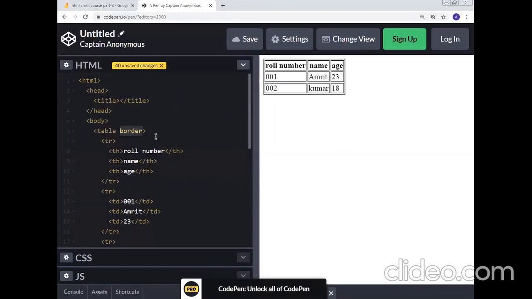You will learn what a Boolean attribute is in the next video. But this actually is a true or false attribute, and if we just give it, it will become true, and it will give a default border. If false, it will not give any border. That is default. When we don't type it, it is false. When we type it, it is true, and we can just assign some value.